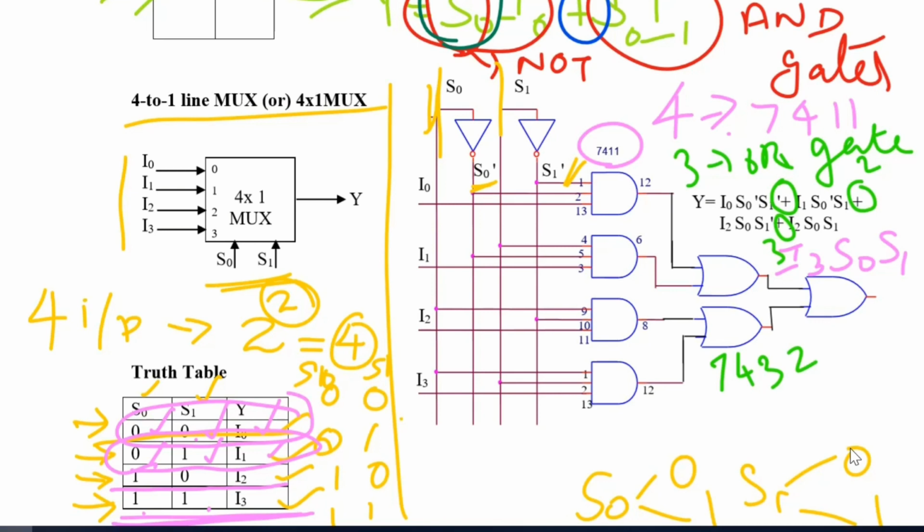So draw the selection line and take the tapping pins for the selection line. While you are tapping here, make a dot like this. Here dot like this. So draw the logic diagram for the same one. So students, hope you can understand the logic behind mux in 2x4 and 4x1.